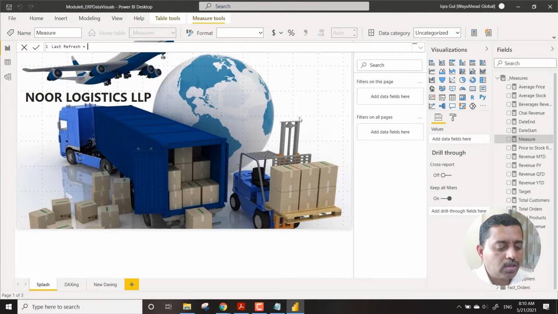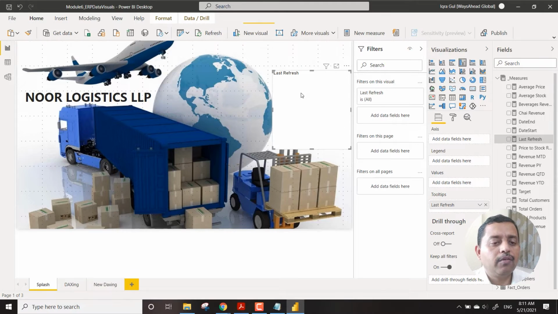And last refresh we give just nothing but today. So today or today -1 or something like this. So usually what happens is this should be the date of the last transaction that has been recorded within the system. But here what we are doing is we are just keeping today -1 just to show how this date kind of thing can be taken over here. So last refresh is here.